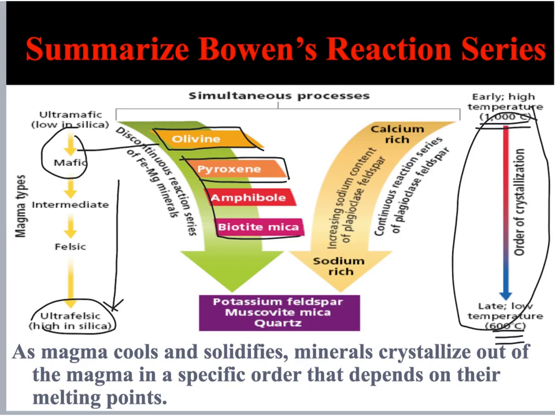And you can see here, as you go down, as the rocks cool slower, they're more rich in sodium. If rocks cool quickly, they're more rich in calcium. So these are sort of like some of the chemicals that make up these rocks. And these chemicals are partly what determines how quickly the rock cools. So rocks that cool quickly have more calcium, like olivine,